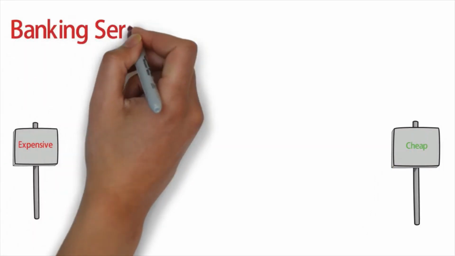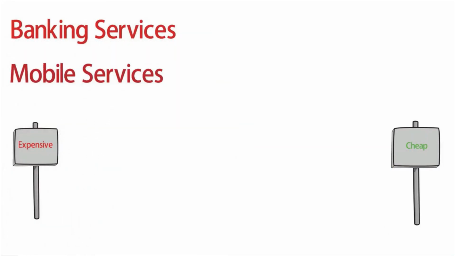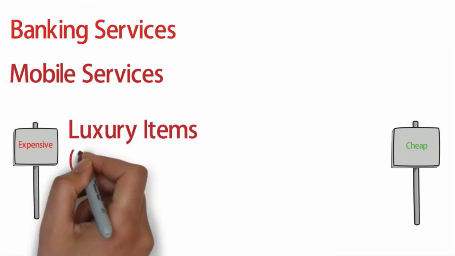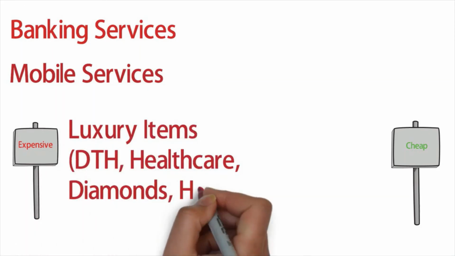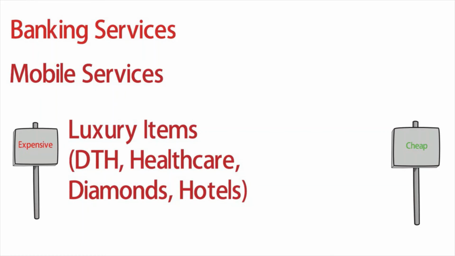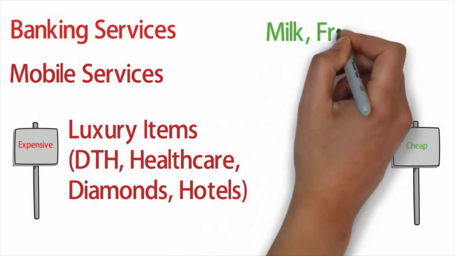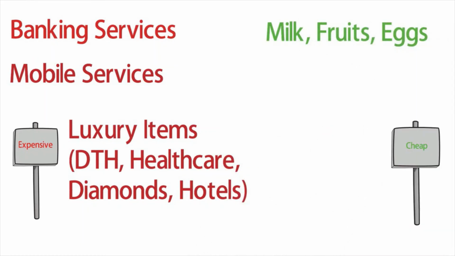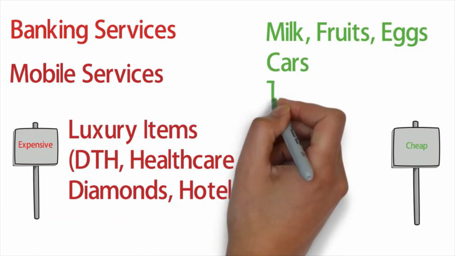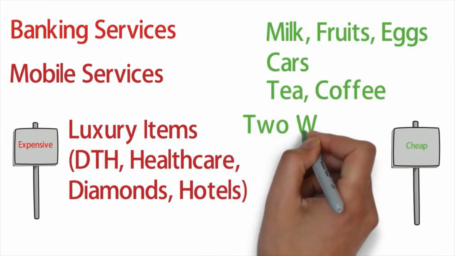Now finally, let us see what products are going to be costly and what products are going to be cheaper under GST. Bank services, mobile services, luxury items like DTH, healthcare, diamonds and hotels will be costlier. While on the other hand, items like milk, fruits, eggs, cars, tea, coffee and two-wheeler vehicles are going to